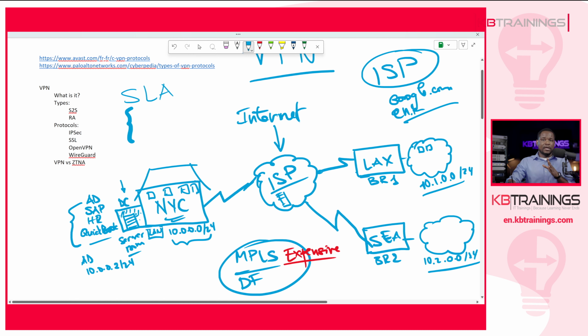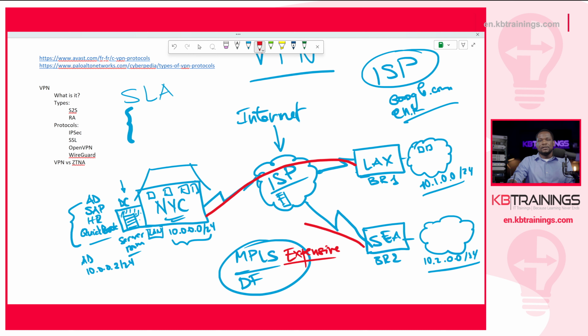These are services you get from the ISP to connect your site, which means that you can now have connectivity between, let's say if you have MPLS, because we put it in red, MPLS can be connecting your New York site to your LA site, connecting your Seattle site to your New York site. If you want, you can even have a connection between LA and New York. And this is MPLS. You create what is called an MPLS cloud, and then those sites can talk to each